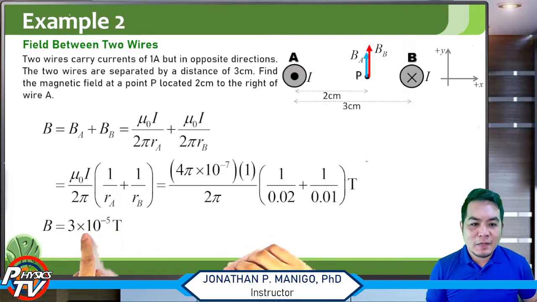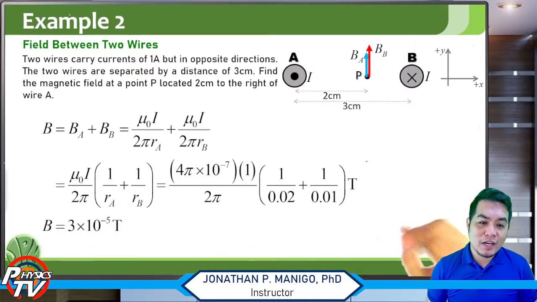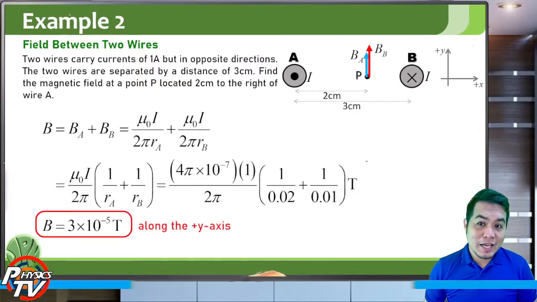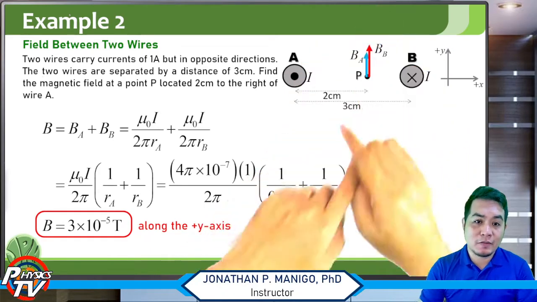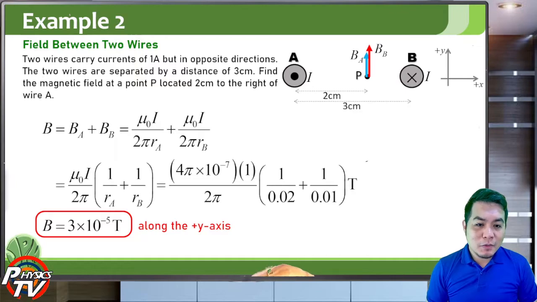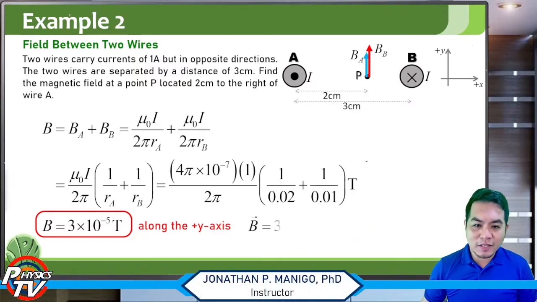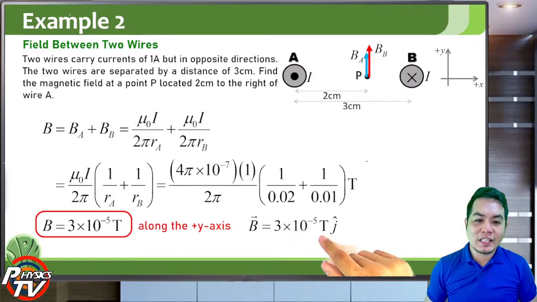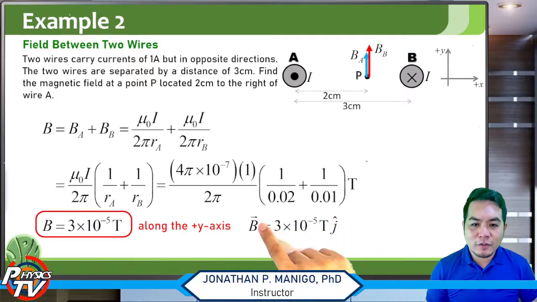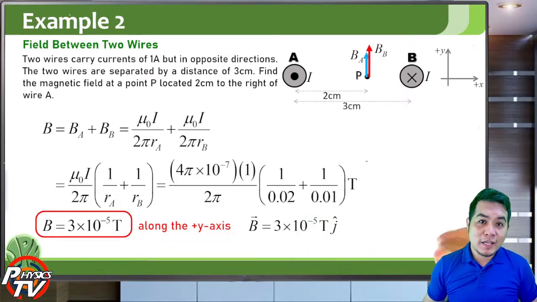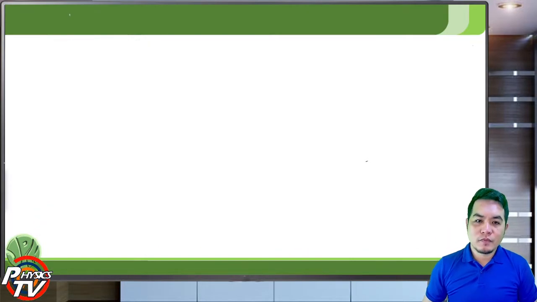So you will get the magnetic field is 3 times 10 to the negative 5 Tesla, and its direction will be along the positive y axis, since both of these directions are along the positive y axis. Of course, you can take the vector approach. You will still get the same result. In terms of vectors, you will get 3.3 times 10 to the negative 5 j hat. This is just the vector form, this is just the magnitude and direction form, but they are both equally the same. Okay,